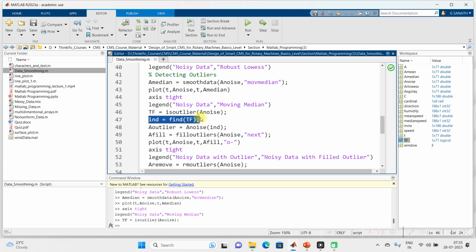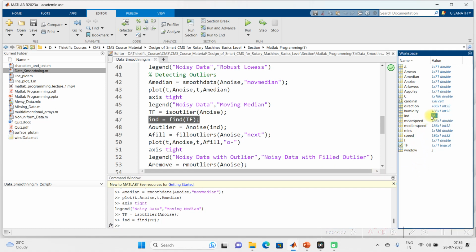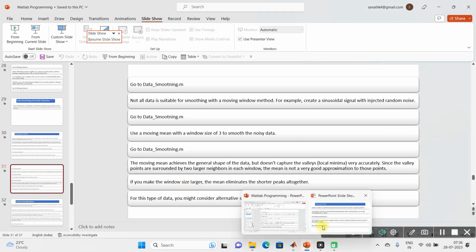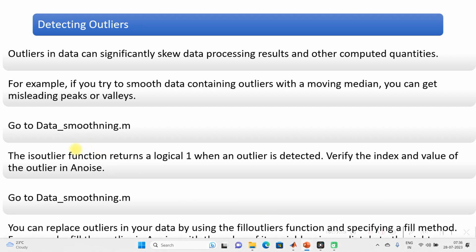Okay, so this is index. Now we are calculating the index, that is IND, and the index value is 36. So the index value is 36. So now, you can replace the outliers in your data by using the filloutliers function,